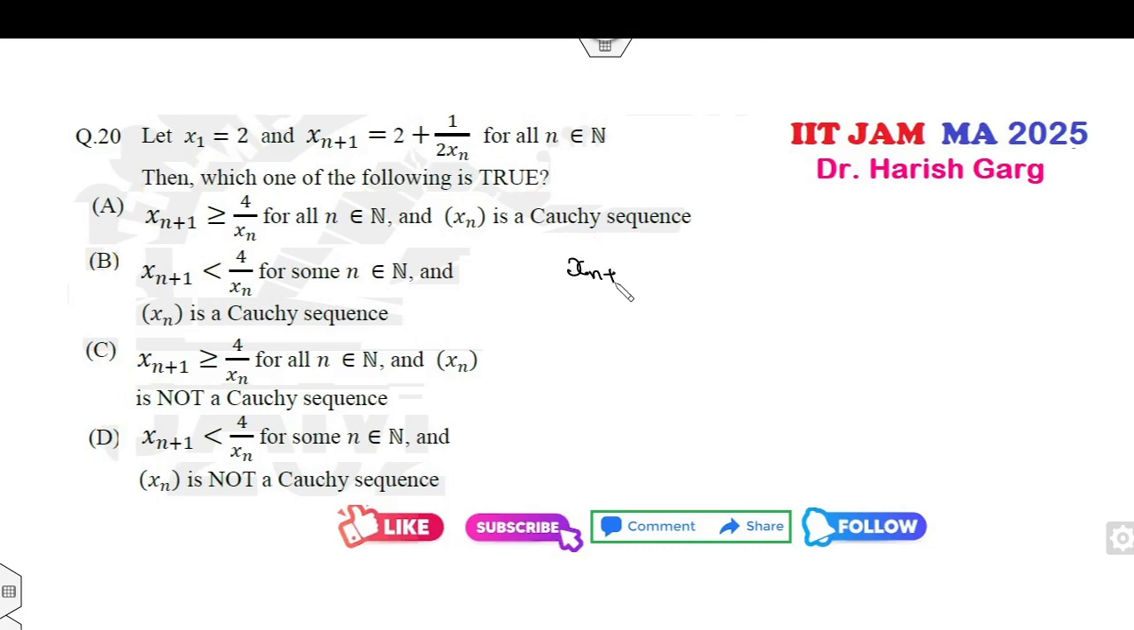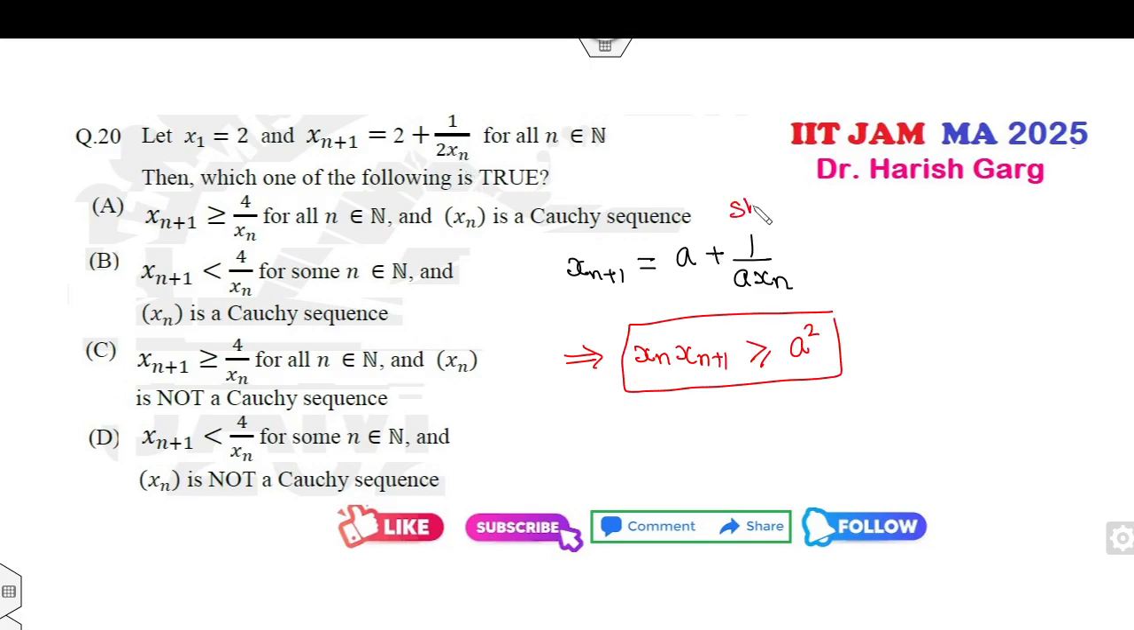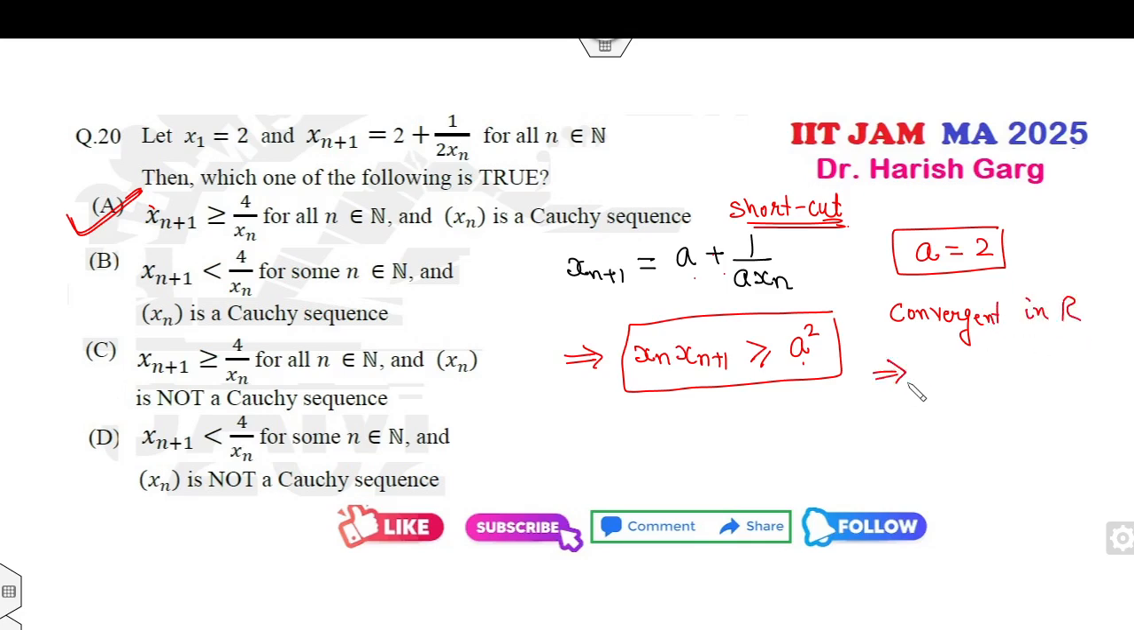अदरवाइज एक और शॉर्टकट ट्रिक बता रहा हूं। शॉर्टकट ट्रिक क्या, अगर आपके पास कोई भी सीक्वेंस a plus 1 over a(xn) है, हमेशा याद रखो जब भी सीक्वेंस a और दिस है तो दैट मीन्स xn into xn plus 1 ऑलवेज बी ग्रेटर देन ऑर इक्वल टू a स्क्वायर। फाइन। अगर आप इस शॉर्टकट ट्रिक से करना चाहते हैं इस क्वेश्चन को एग्जामिनेशन में, तो a की वैल्यू कितनी आ गई, 2। अब जैसे ही a 2 आया इसमें फिल कर दो तो आप देखो ग्रेटर देन इक्वल टू 4 बनेगा, फिर डायरेक्टली आंसर आपका A हो जाएगा। और क्यों, ये सीक्वेंस आपकी कन्वर्जेंट है। अगर सीक्वेंस कन्वर्जेंट है आपके पास in R तो इसका मतलब ये सीक्वेंस आपकी कोची सीक्वेंस भी है, तो A पार्ट आपका स्ट्रेट फॉरवर्ड 10 सेकंड में आपके पास आंसर आ जाएगा।